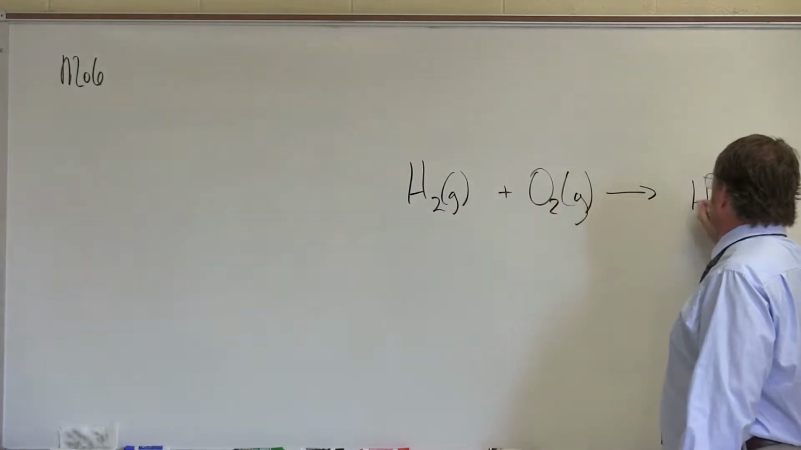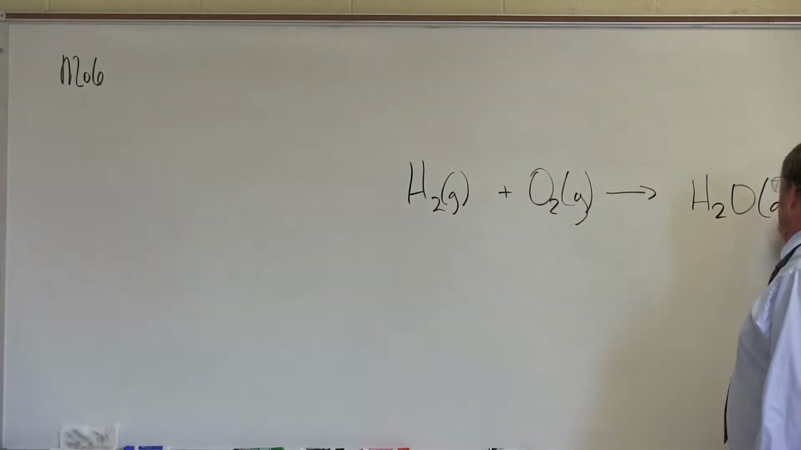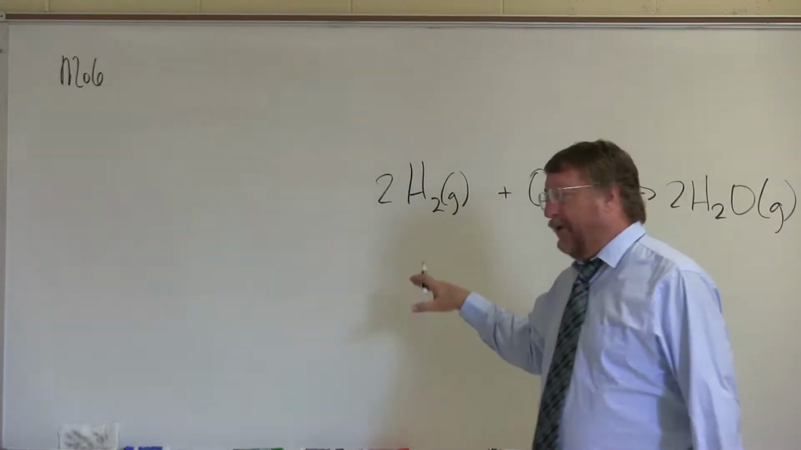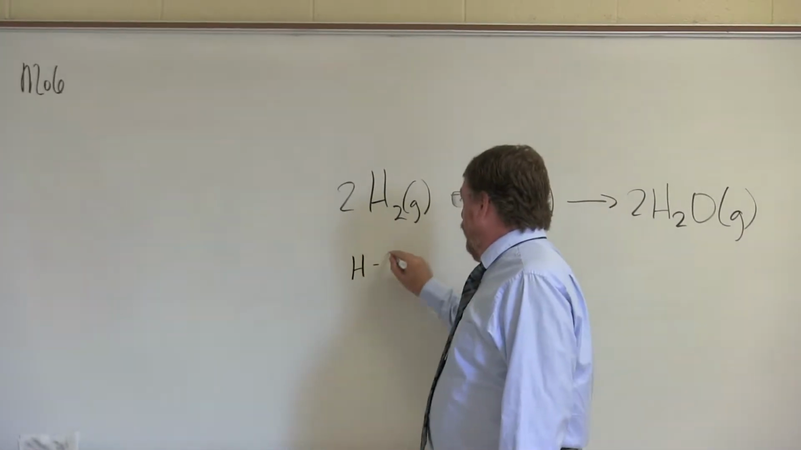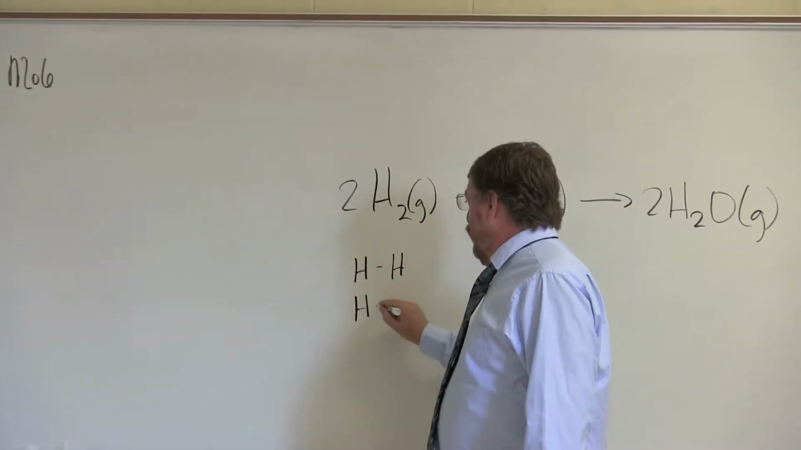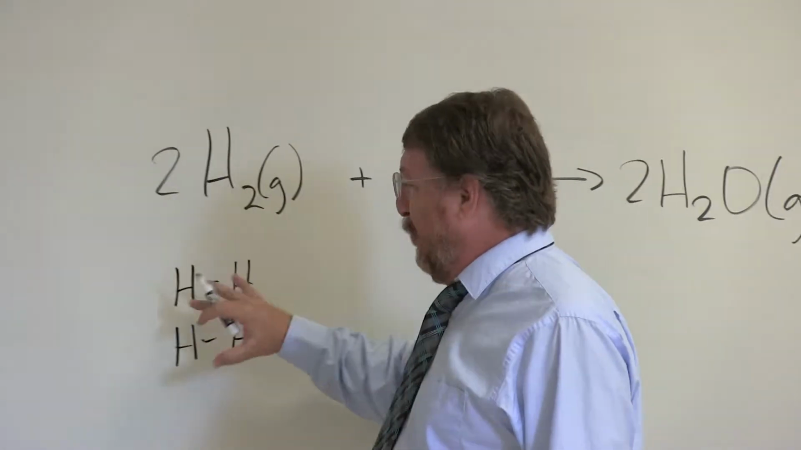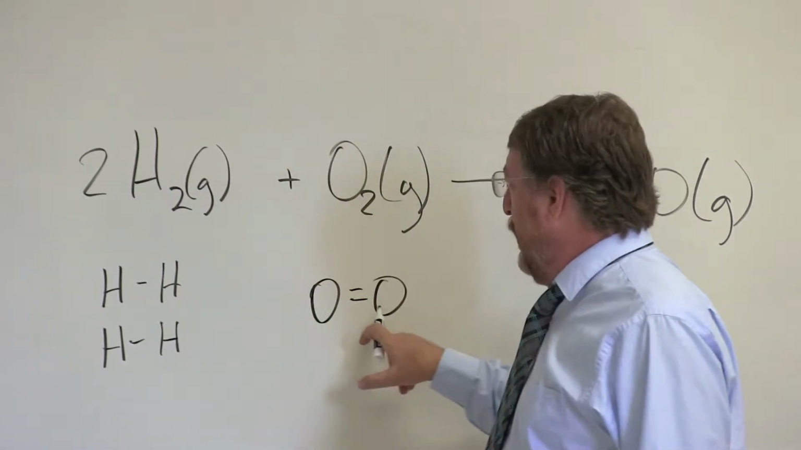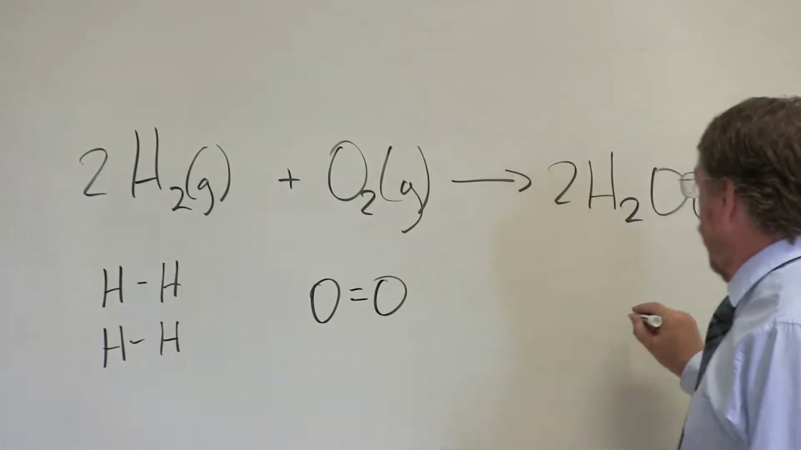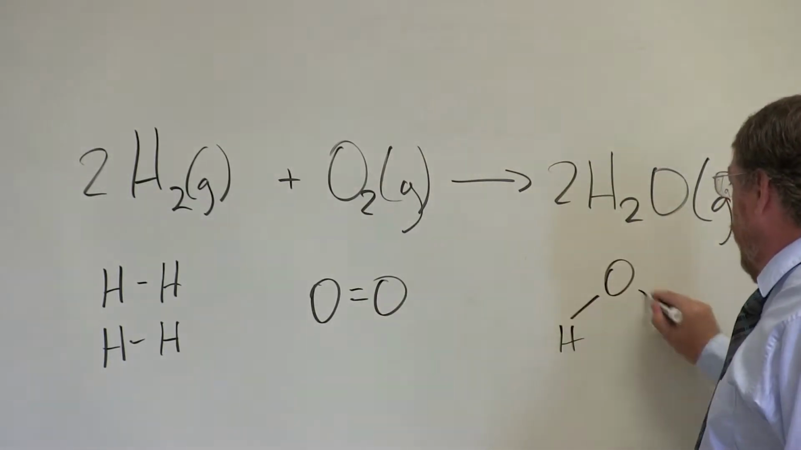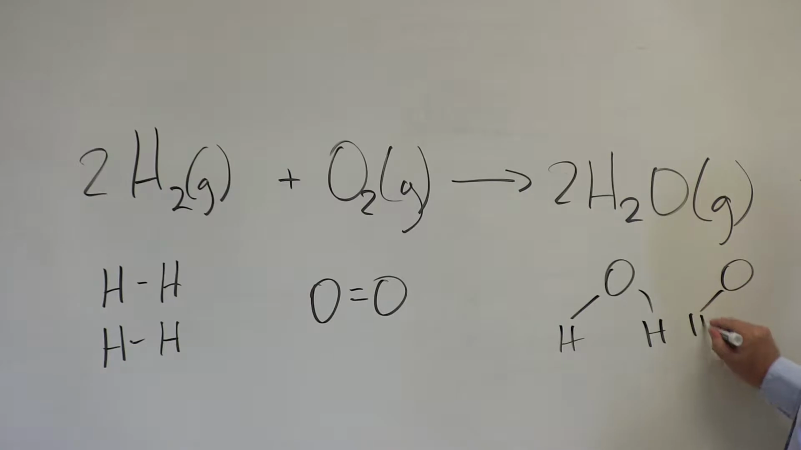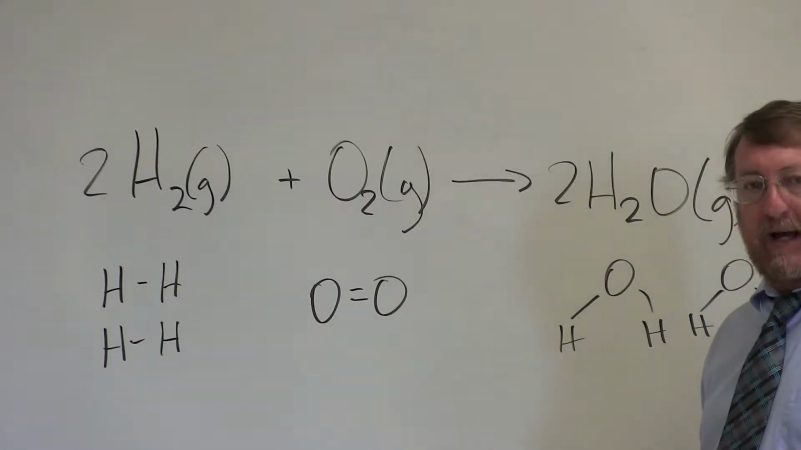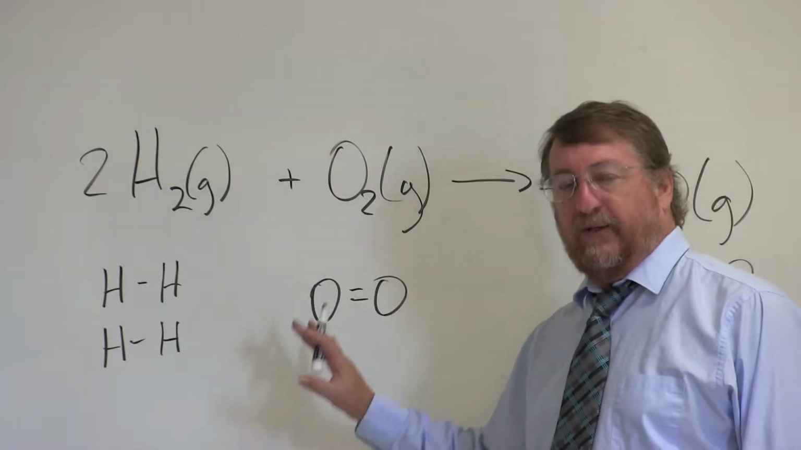And this combusts to make water. Obviously we can balance it. So if we had hydrogens here, we need 2 hydrogen molecules, 4 hydrogen atoms, to react with 1 oxygen molecule, and then we're going to make 2 water molecules. Now, you can obviously see all we've done here is rearrange the atoms, but we have a specific number of